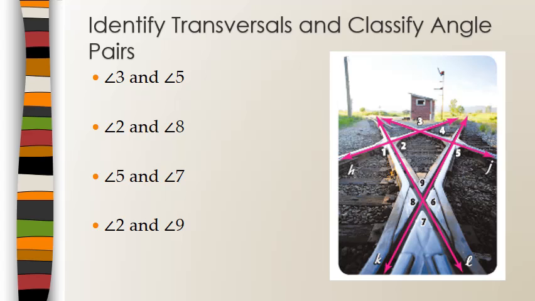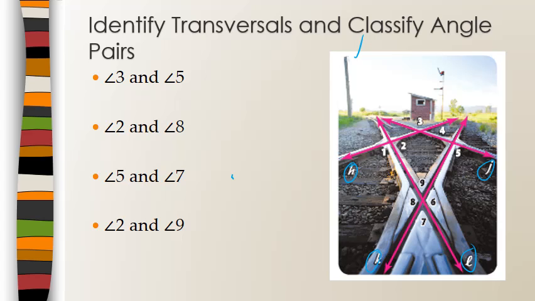All right, last little piece here in this chapter section on parallel lines and transversals. And now we're being asked to identify the transversal and classify the angle pairs. So we've got a diagram over here, a bunch of train tracks. And from that, we've got lines H, J, K, and L. And then we're being asked to look at angle pairs and first identify the transversal and then identify